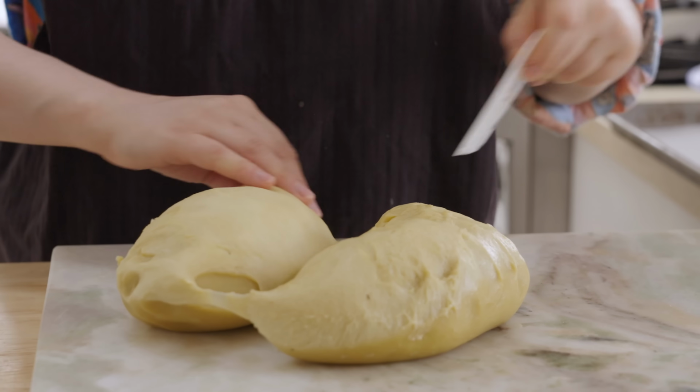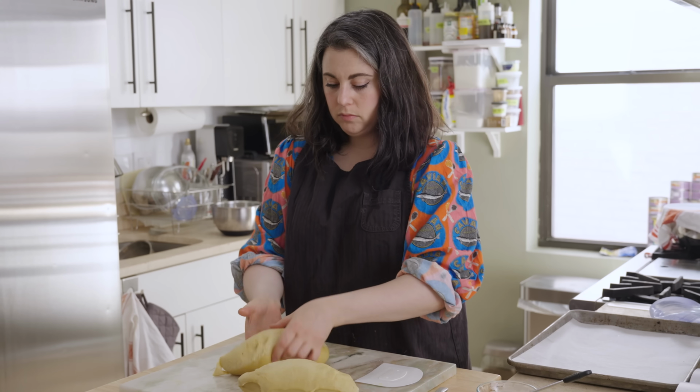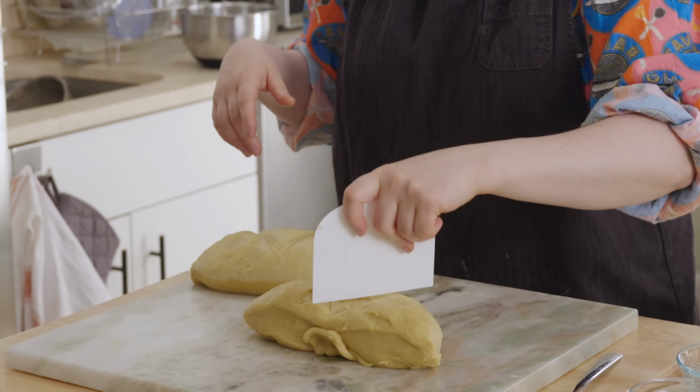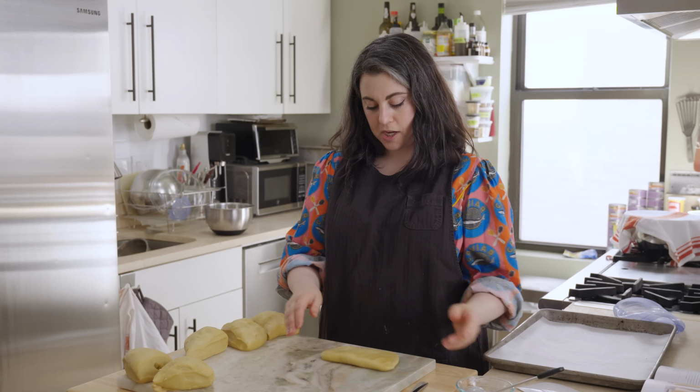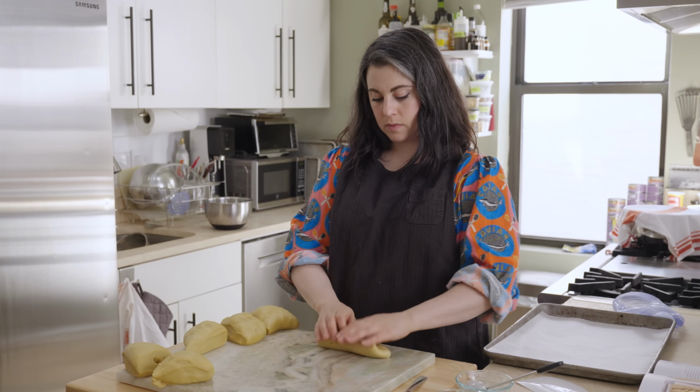There's a lot of air in here. I'm gonna end up deflating it as I form the strands. The dough's nice and light. From each half, I'm gonna do 3. So I'm just sort of flattening this and working it into a rectangle shape. And then I'm going to sort of roll it up